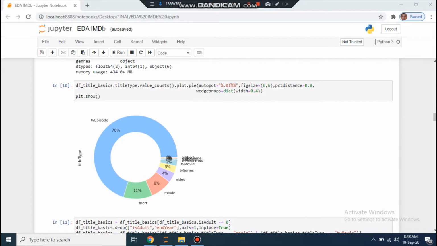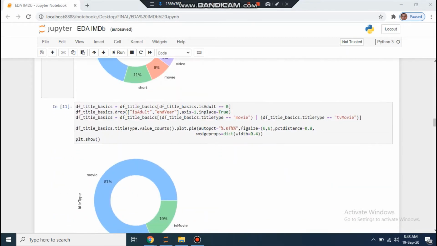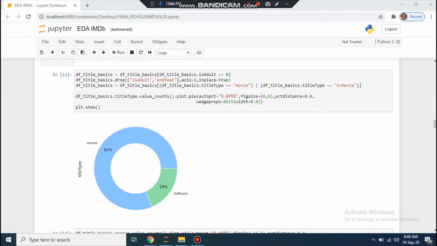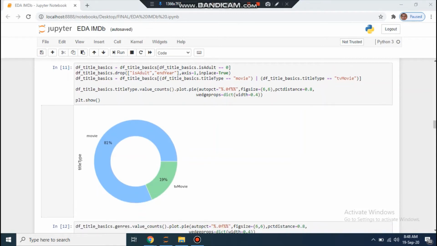Now, when we come even further down, what we're mainly focusing on is trimming the data set, as we are only interested in movies. After trimming is done, the majority of the titles are now movies, 82%, and the remaining 120k titles are TV movies. As you can see now,